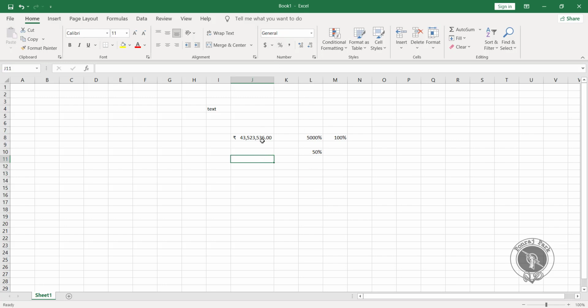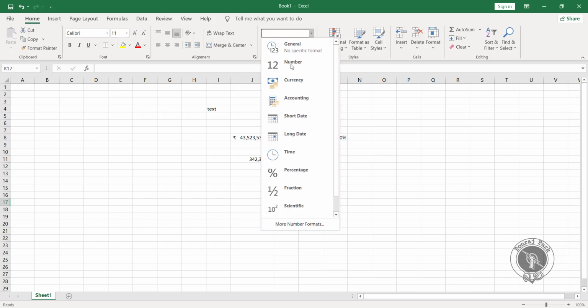Next we have the comma option. If you have entered any such amount over here and now you want to separate it by comma, you can separate it like this. Next, suppose you want to increase the zeros over here. Currently we have two decimal points, so if you want to increase that, you can simply click over here. From here you can increase your decimal. If you want to decrease, you can decrease your decimal from here as well. So this is how this whole option works.